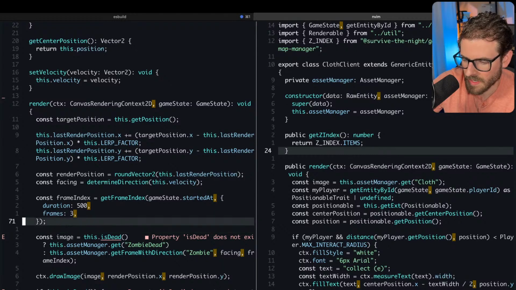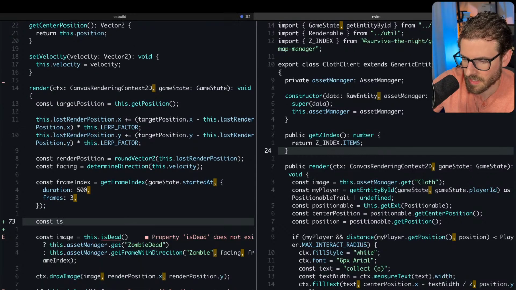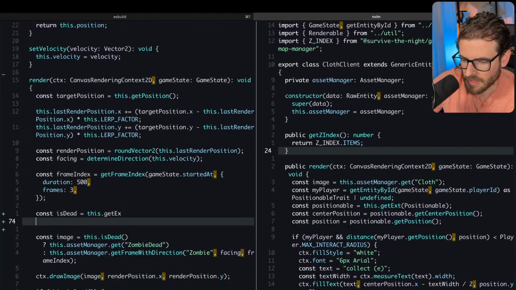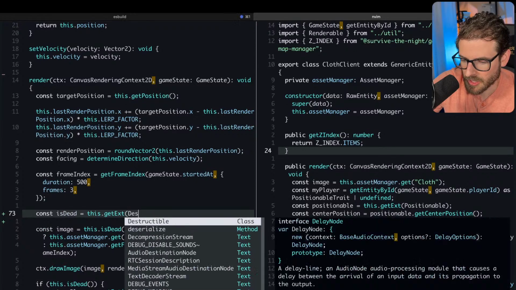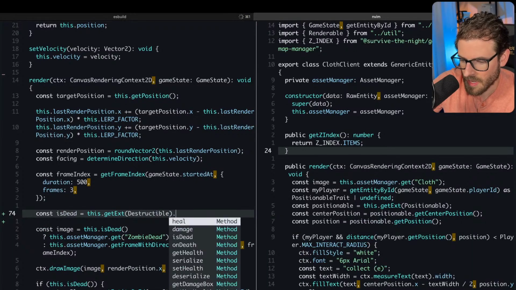Okay, so knowing if the zombie's dead, we need that to change the render logic. So is dead is actually going to be this dot get extension. Now, as we just did that refactoring, we should be able to pass in the destructible extension here, and then we can start accessing the methods that are on it. We're just going to assume that it exists, but